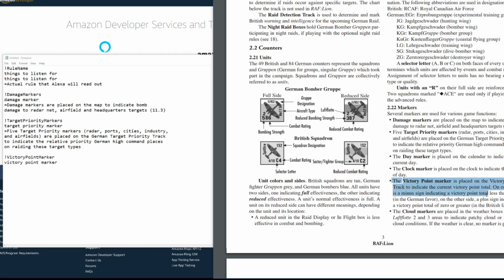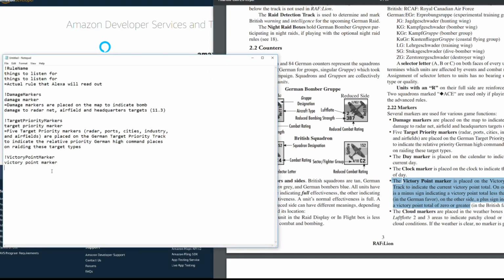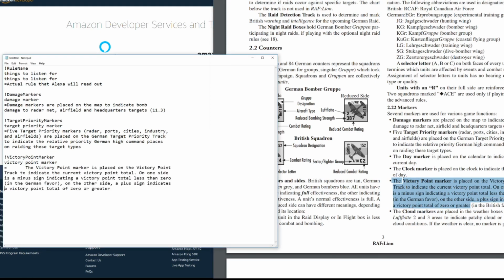Let's do the whole thing, but let's delete in German favor. So equal sign, and I'm going to read you a lot of it, but I want to reduce the amount of stuff like this. Victory point. One side is a minus sign indicating less than 0. On the other side, a plus, and make this all one line.